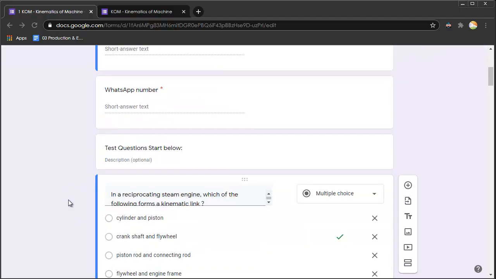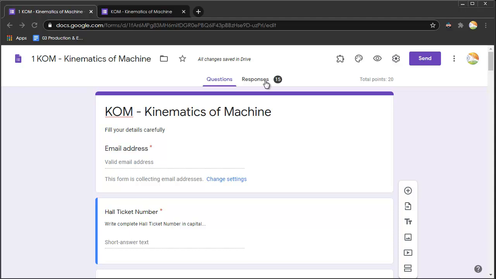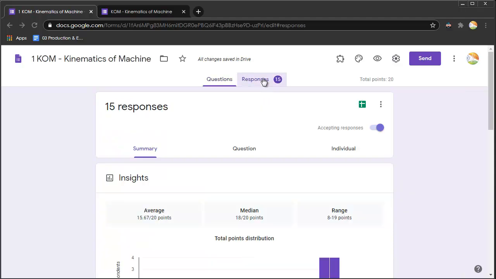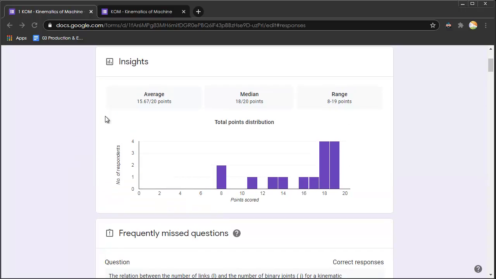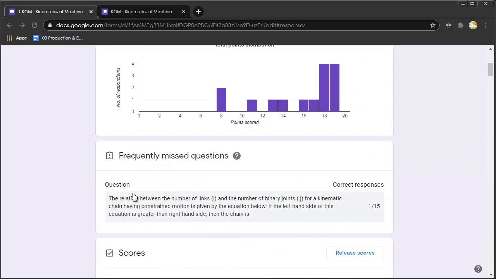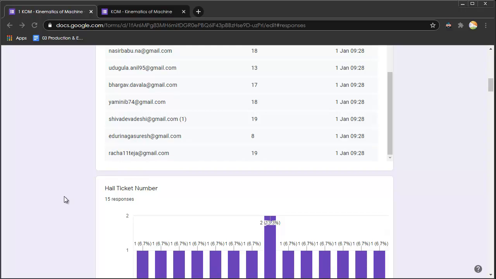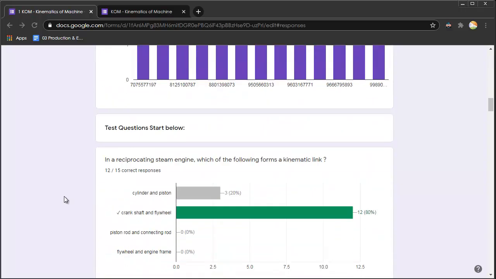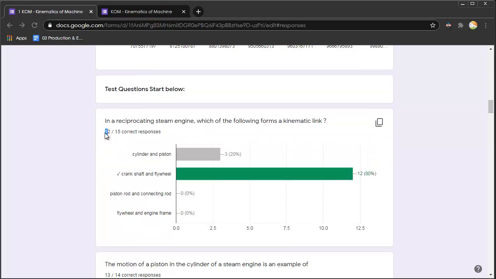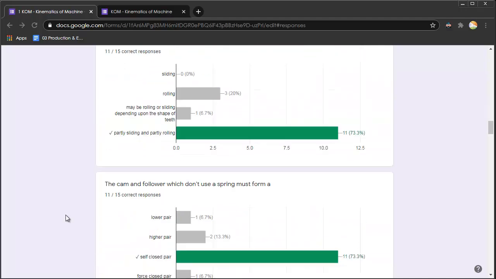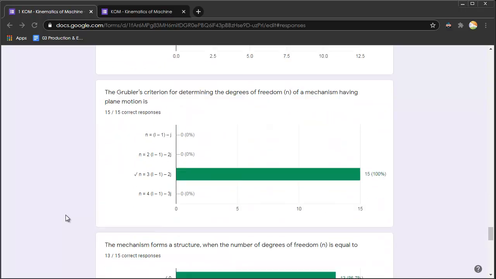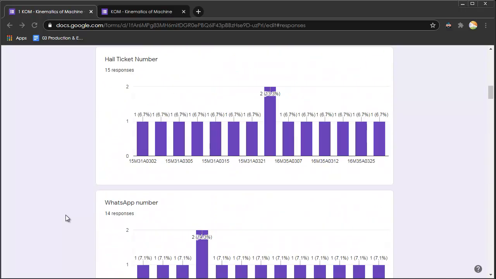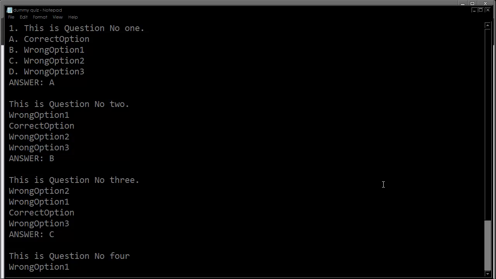Now, once this has been shared to the students, the responses get collected over here in this tab, which can be viewed here like this. The summary will be appearing here. So the questions, the email IDs, phone numbers, and all, they'll be listed here. And when it is coming to the question, how many of the students have answered correctly will appear in green, and the other questions will appear gray like this. So this is how the response is going to be collected. So we can make an analysis of it easily. So let us proceed to check how to create this quiz.